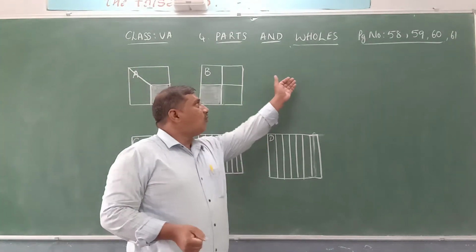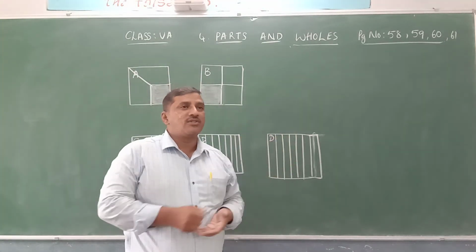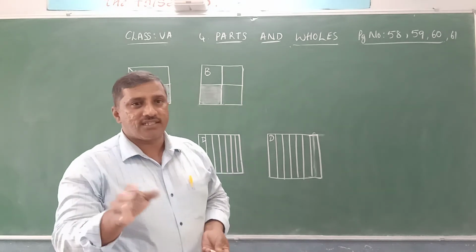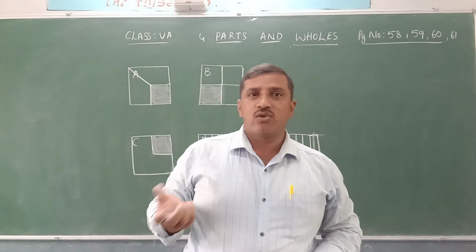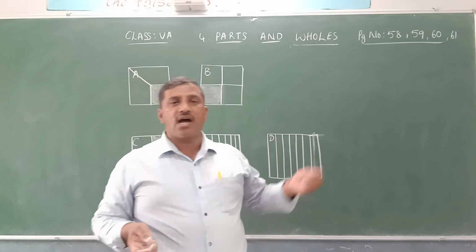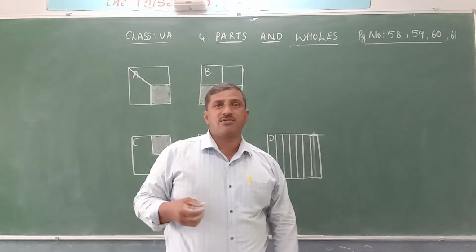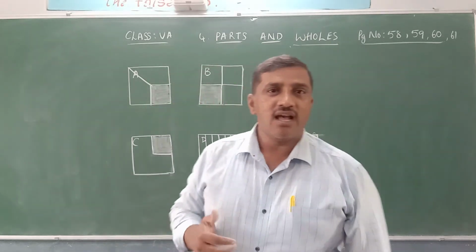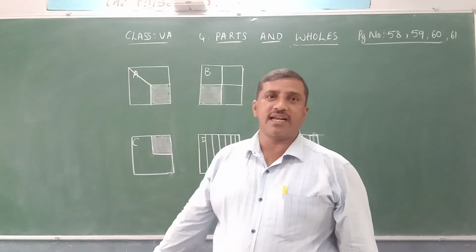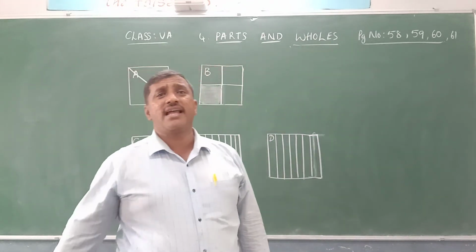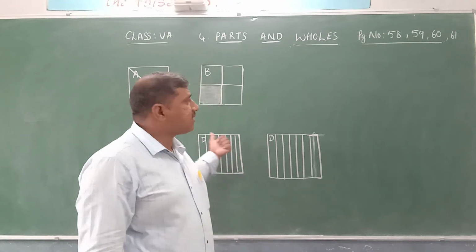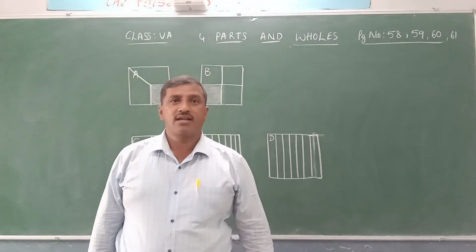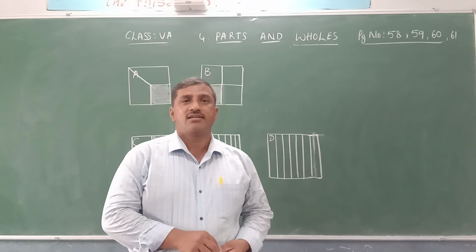So what we discussed today is Ramu's field, the shades he gave to his friends Nancy and Abu Bakr, and the different vegetables in his vegetable field. One game also we have studied, how to play. You can play at your home, and these are the puzzles which we have solved here. Have you understood, children? Thank you very much.